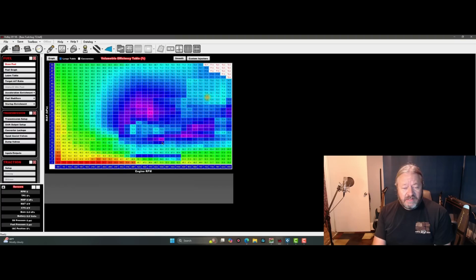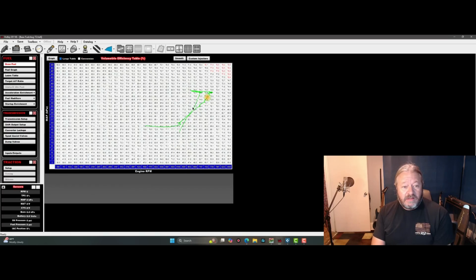All splotchy and whatnot. Now, when I look at these things, I almost always see them like this. Once we do initial, maybe a dyno map or something, I don't ever see it like that again, because I'm always looking at it compared to data, right? So it'll be like this with a trace on it, so the colors go away. And I'll modify the path that we're going through, right? And a lot of times I'm not modifying over here because a lot of these places, we can't get here. If we get here, something is going terribly wrong, right? So I'm modifying the places that we're going through. And over time,